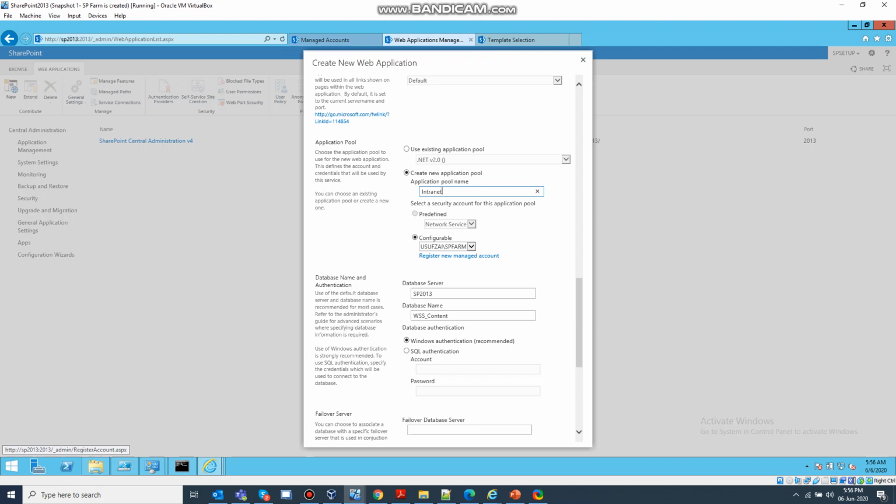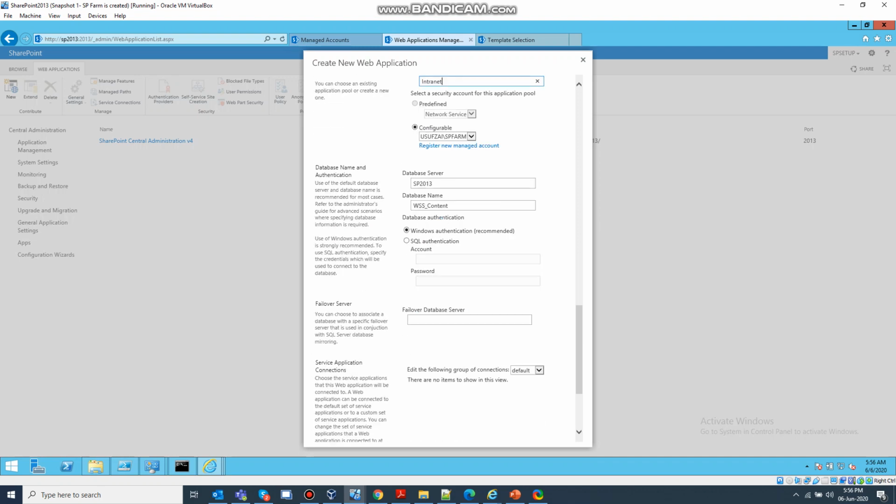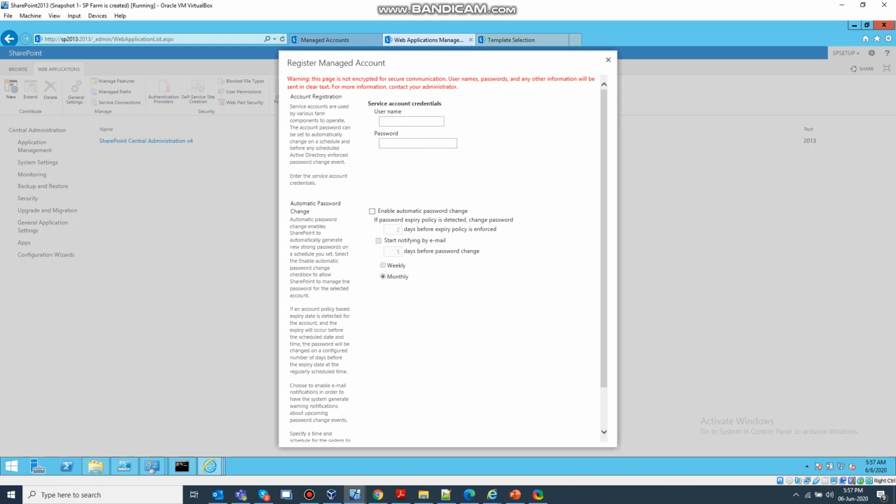And before providing these values, we first need to register a new managed account which we have created. So that is Yusufzai slash sp web apps.